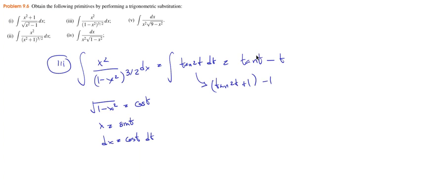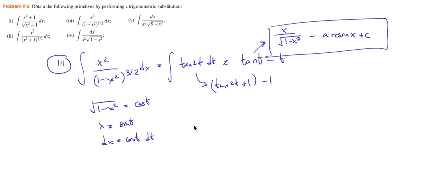Now the tangent of t, if we want to undo the change of variable, is the sine divided by the cosine, x divided by the square root of 1 minus x squared, and the t is the arcsine of x plus c. This is the primitive that we were looking for. Okay,